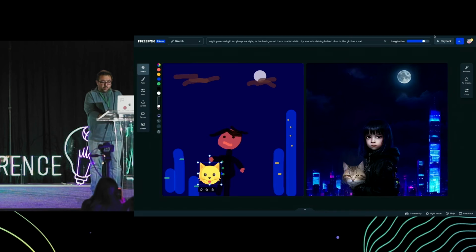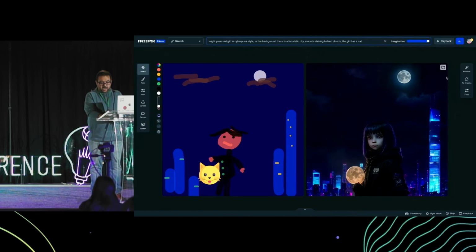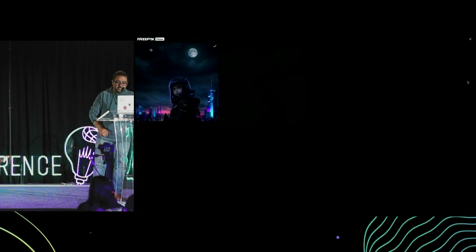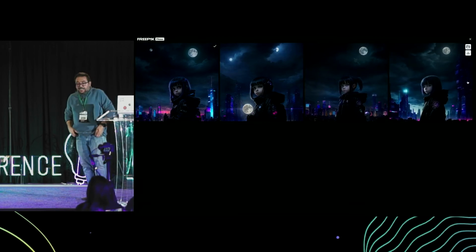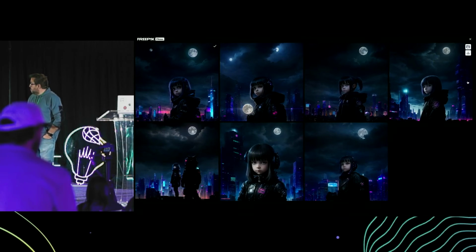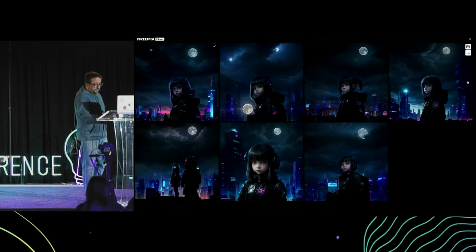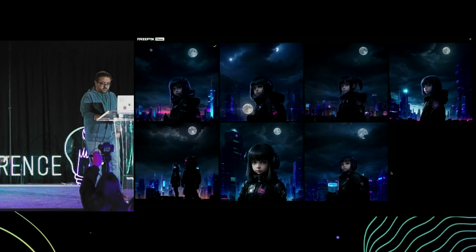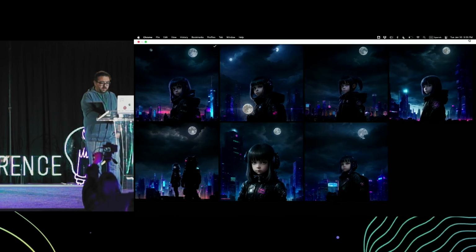Now we can go all the way with the imagination. Or if you don't like it, or you want to have something different, you can always go into crazy mode. This will generate infinite variations of the same prompt and idea, with and without the cat, for you, the more you scroll. Oops, my connection is not working now. Here, let me try again.